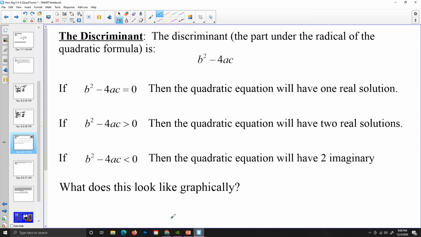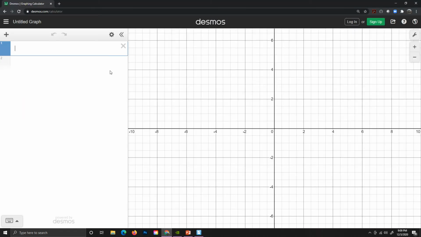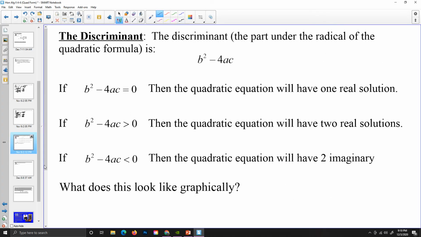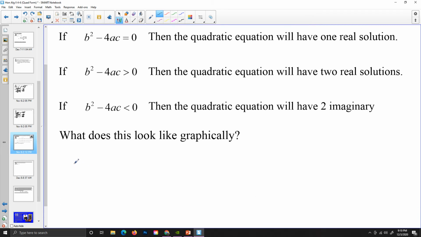So let's pull up our Desmos. And let's put in this quadratic equation. Let's put in y equals x squared minus, actually let's make it plus 4x plus 4. All right, now what would the discriminant of this thing be? Well, the discriminant of that thing, y equals x squared plus 4x plus 4, the discriminant of this thing would be